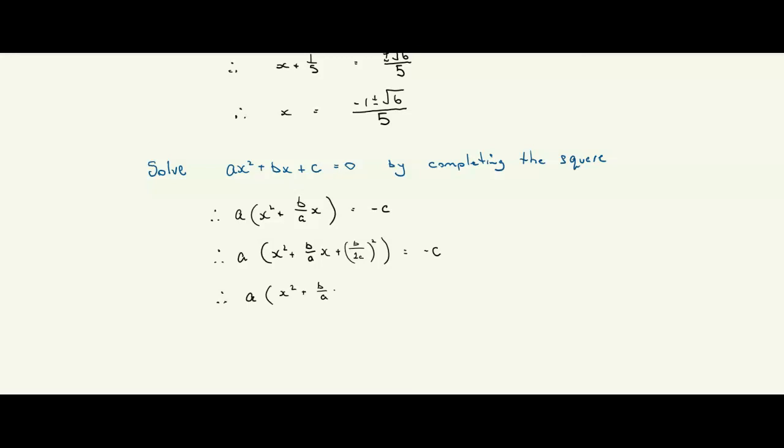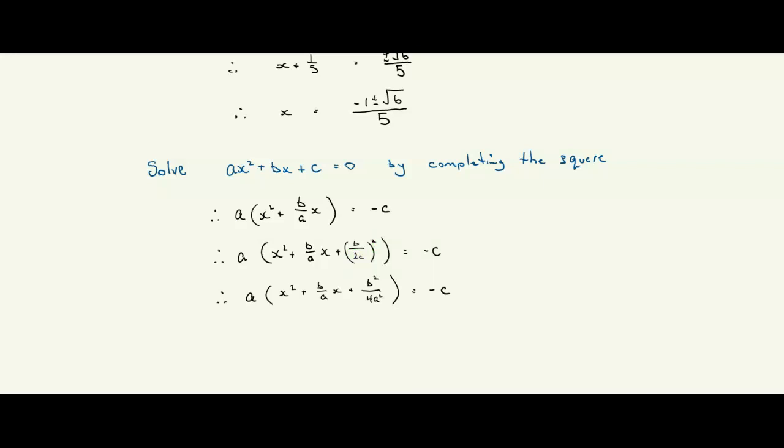Now I've got b squared over 4a squared here, and I've got a negative c here. And in fact, I need to do something, because I added this in but I didn't do anything here. So that was a foul move by me. So what we need to do is, what I've added in is a times b squared